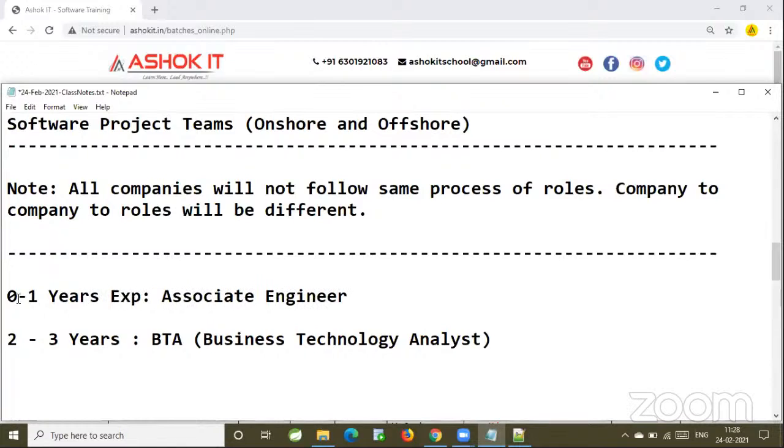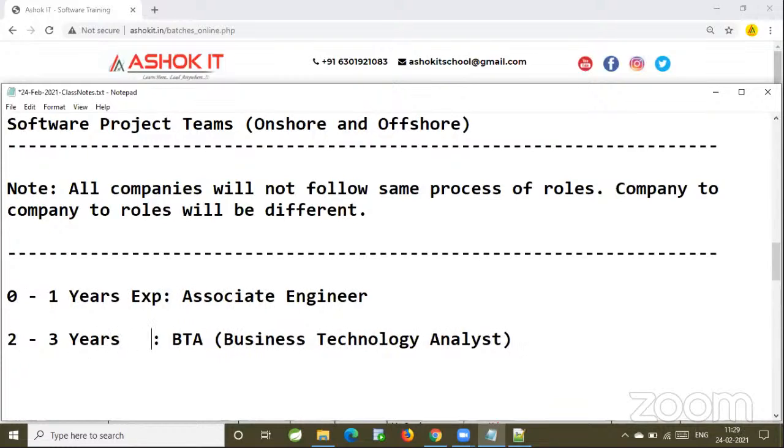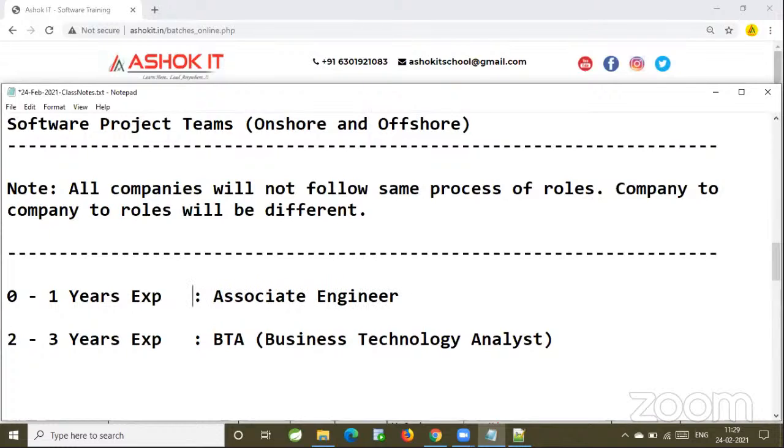With 2 to 3 years of experience, they will consider you a business technology analyst. That means you are not a fresher, but you do not have that much experience.